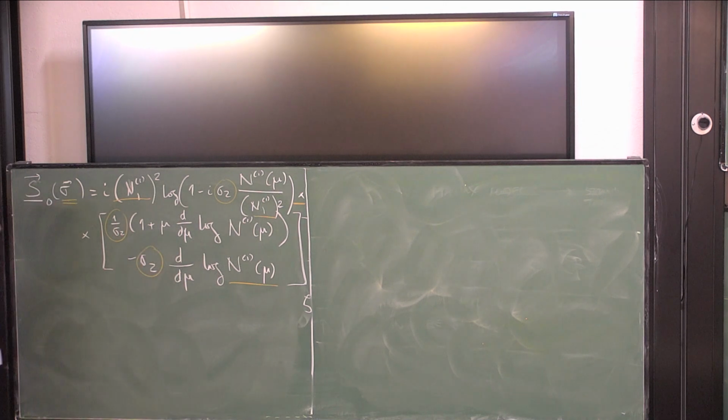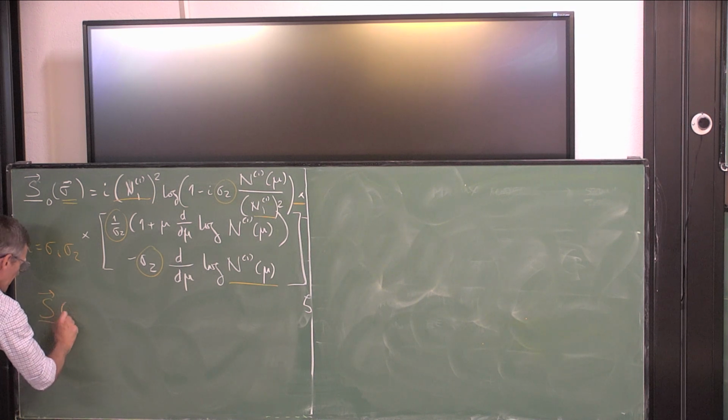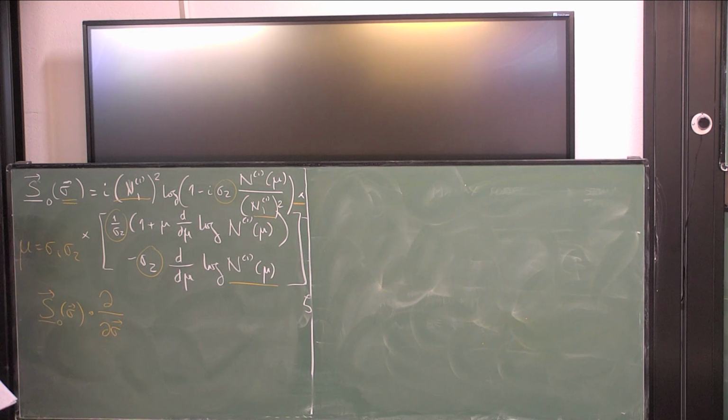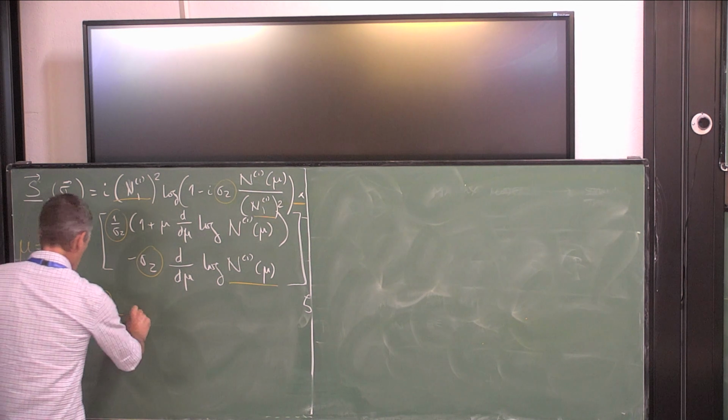There's sigma 2. Where is sigma 1? Well, mu is sigma 1 times sigma 2. And so this includes all Stokes data. And you say, well, that's absolutely horrendous. Yes. Now here's what's not horrendous: if I start with this guy, and I take the inner product with dd sigma, if you want the right-hand side of the bridge equation, then